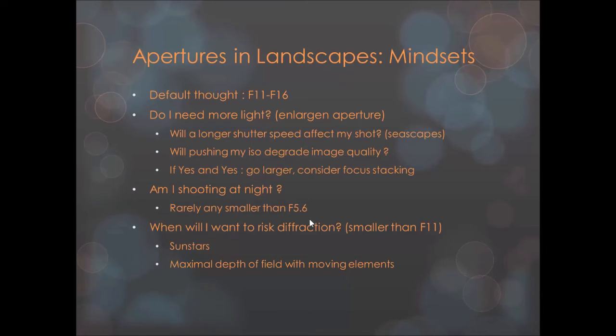And then, as I mentioned before, when will I want to risk diffraction shooting it smaller than f11? Now, there's probably two scenarios. The first we discussed was sun stars, and the second is when you want to try and get everything in the same shot without having to start focus stacking and so forth. An example of this is when there's a lot of moving elements where blending could be difficult. So the main examples that I've encountered that actually makes me want to have a better sensor camera is